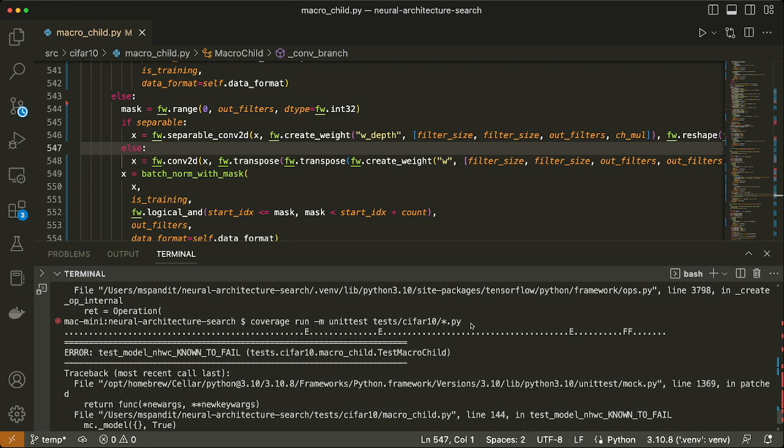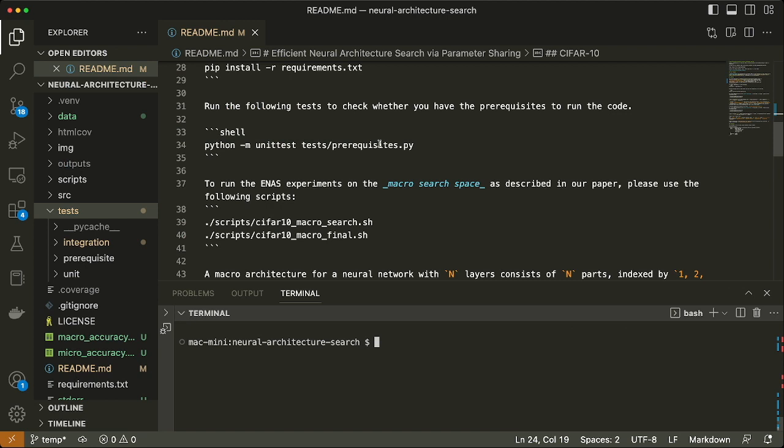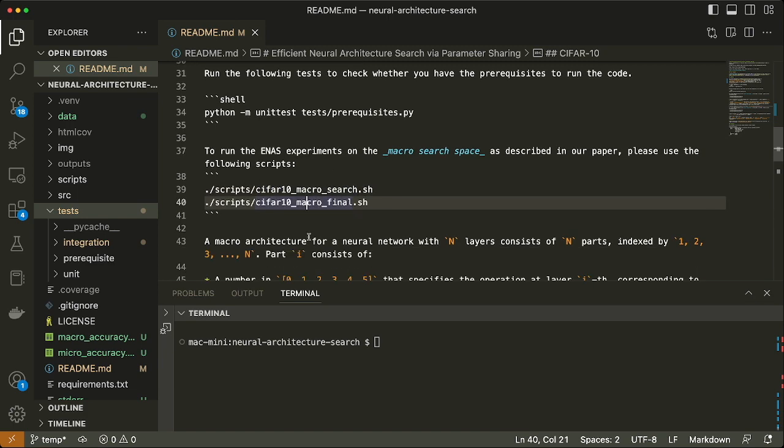I've made enough changes that even though my tests are passing, I'd like to make sure that the overall program behaves as expected. I'll run it for a few epochs on a GPU instance and compare the output with the output I saved before I made the changes. I ran all 4 forms of execution for a few epochs on a GPU instance, and they seem to be working as before. Macro search, macro final,